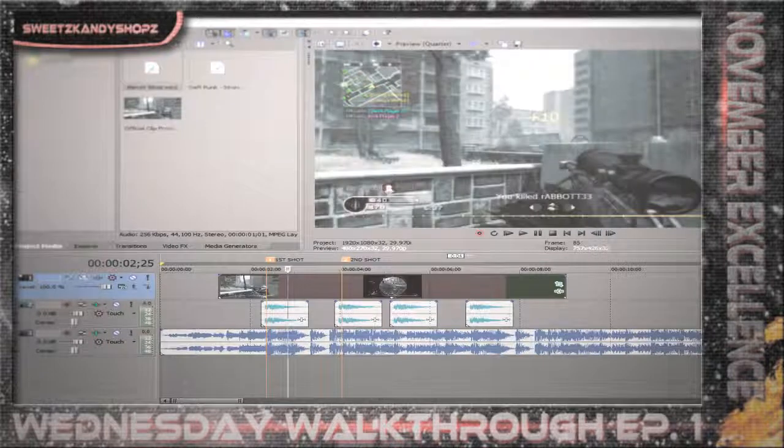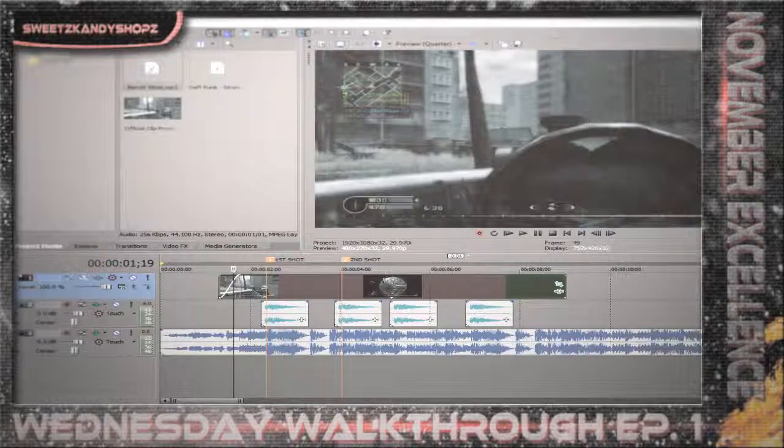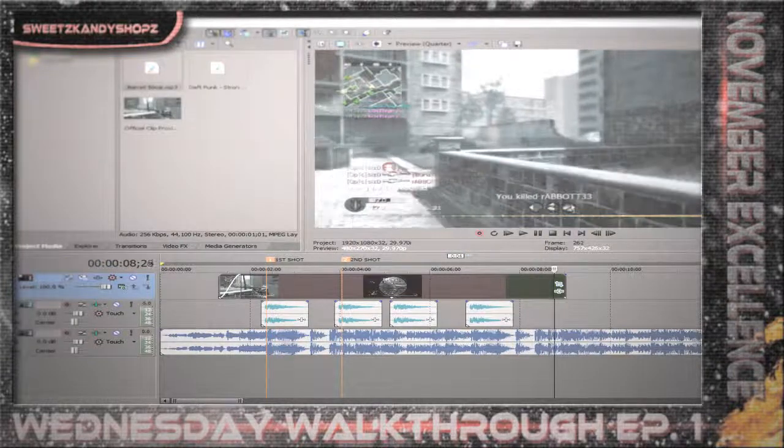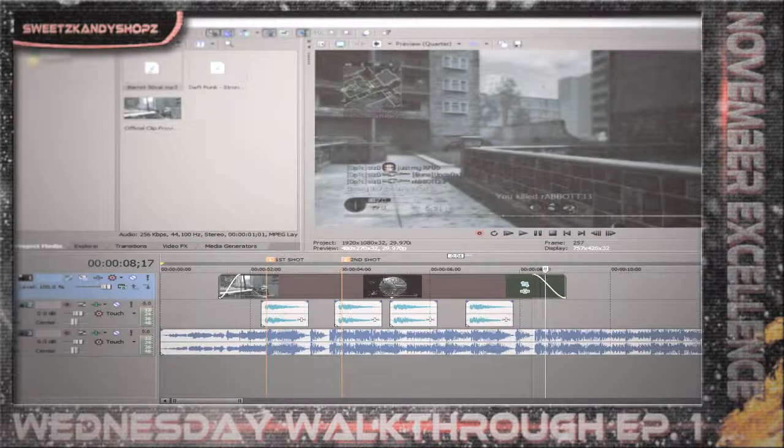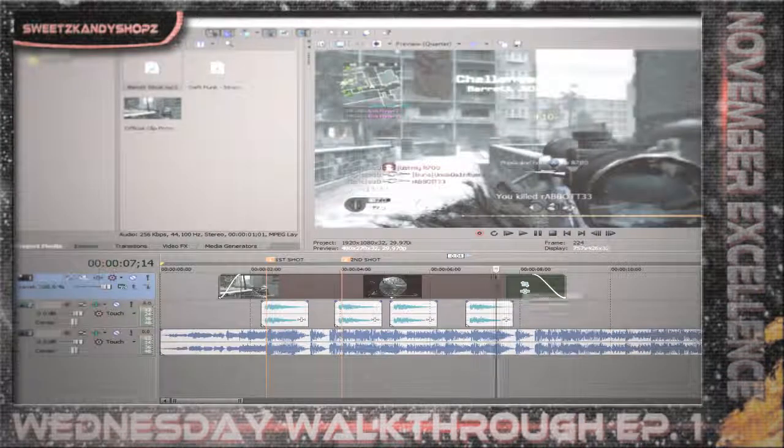But now is where we get to the flow. The transition at the front just fades it in nicely. Put a transition at the end so it fades out smoothly. Next, you're going to go to video,